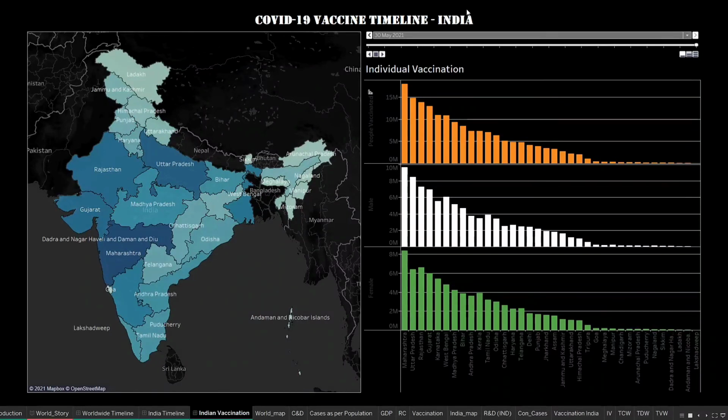At last, we cannot predict the effect of vaccines because we haven't administered much vaccines in India or throughout the world, so that we cannot predict the efficiency of vaccines. So I hope I have made the data useful and was able to demonstrate my task in an efficient way. Thank you.